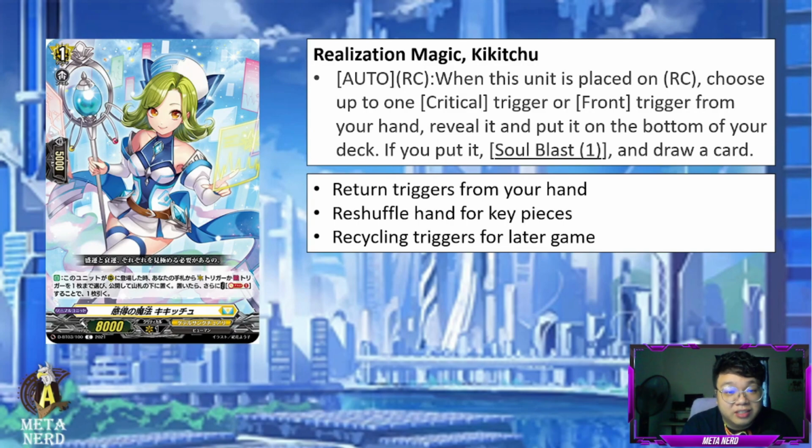You could basically recycle some of your triggers from your hand back to the bottom of your deck. Of course, you would be sacrificing a little bit of defense, but then you are able to put them back. And of course, if you do manage to shuffle your deck, hey, it's one trigger into the deck. And technically, you don't really lose as much because you still draw one at the cost of a